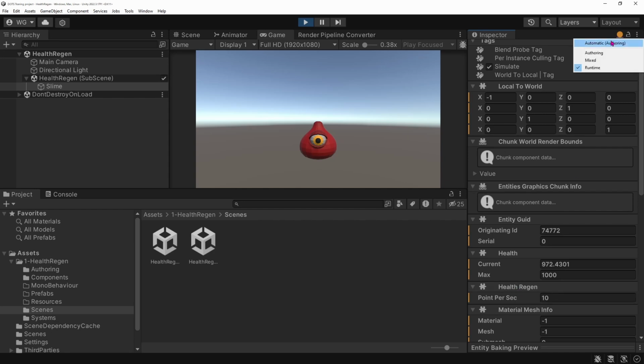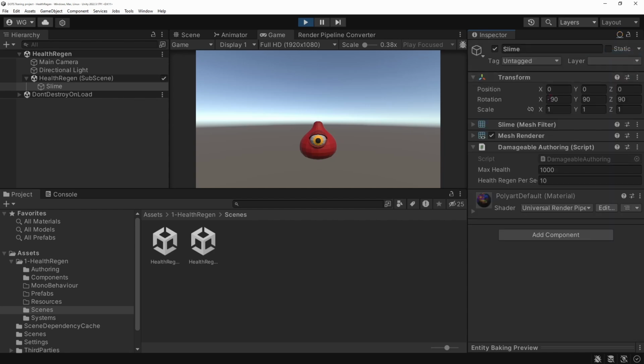If we look back at the authoring component, we can see that it's enabled because we have the damageable authoring component, which sets the max else at 1000 and the regeneration speed at 10 points per second.